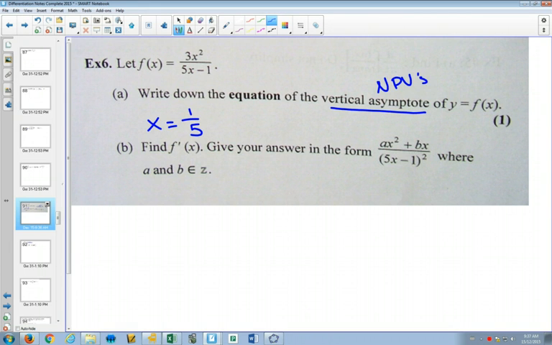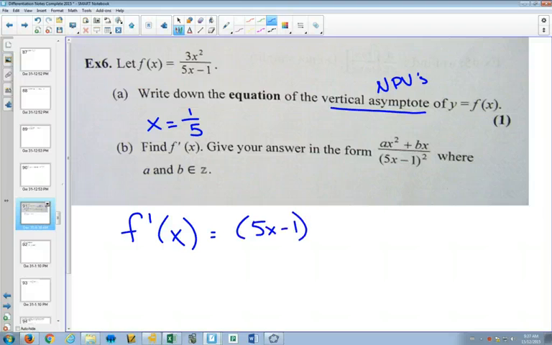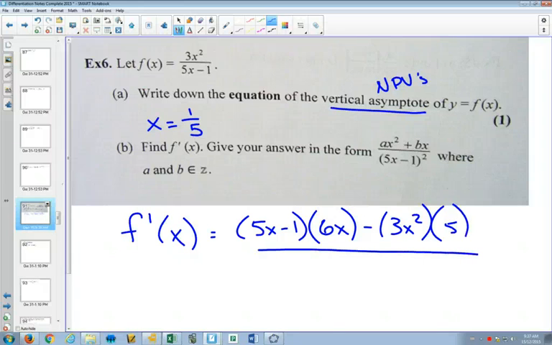And now we have to find the derivative, and we need to write it in this form. So again, this is sort of like a show that question, because you're going to have to manipulate your equation until it looks like this form. And once you've manipulated your equation to look like this form, you'll be able to tell what the values of a and b are. So again, it's a derivative we need to find. So we keep the bottom the same, derivative of the top, subtract, keep the top the same, derivative of the bottom,